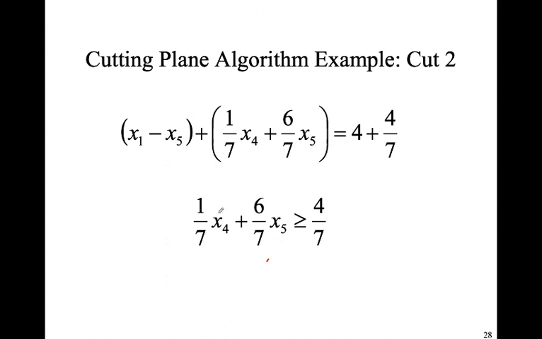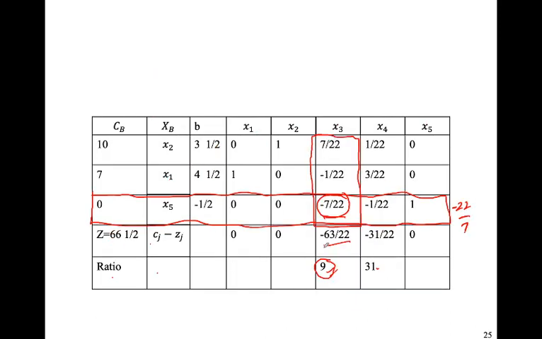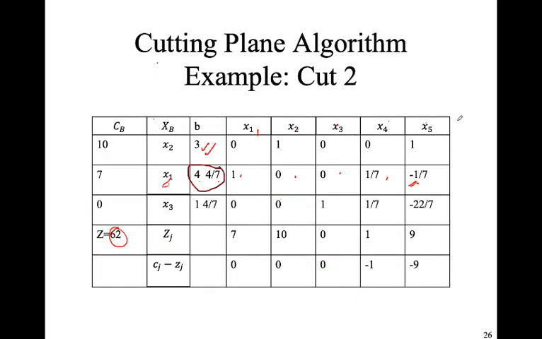In order to add this plane into the previous optimal table, we have to convert this into the equality. So the procedure will remain the same. First of all, multiply this by minus 1. So this will become less than or equal to, and once it becomes less than or equal to, then you can take the help of a slack variable to convert it into the equality. So now the slack variable is x6, but if you look at the previous optimal table, it does not contain any x6. So we have to add one additional column corresponding to x6 and one additional row corresponding to x6.